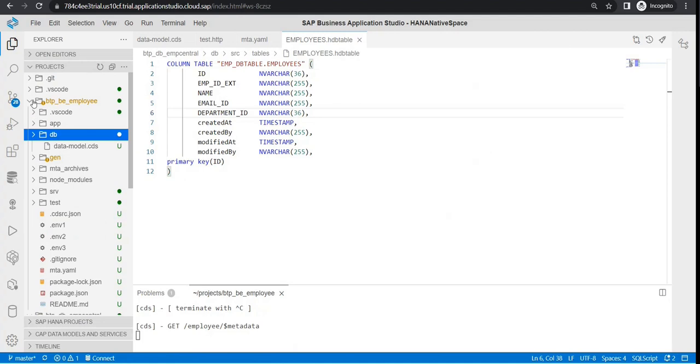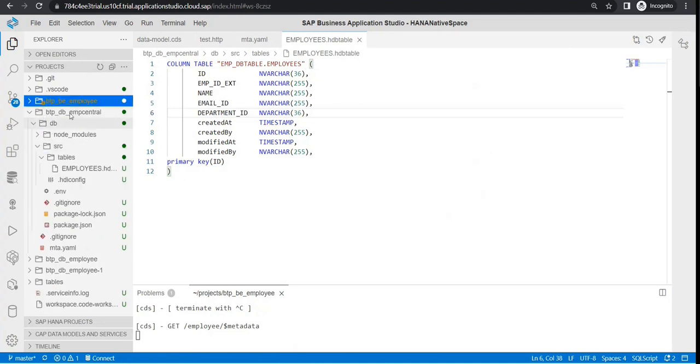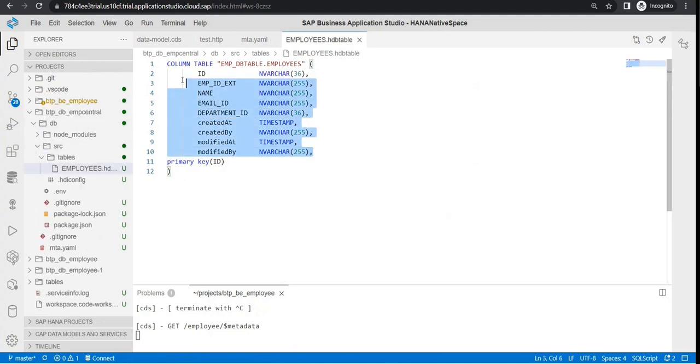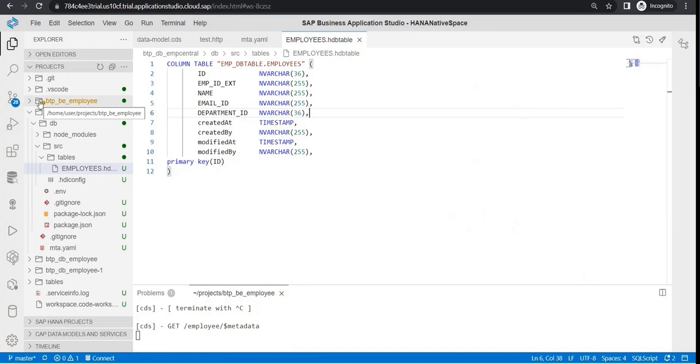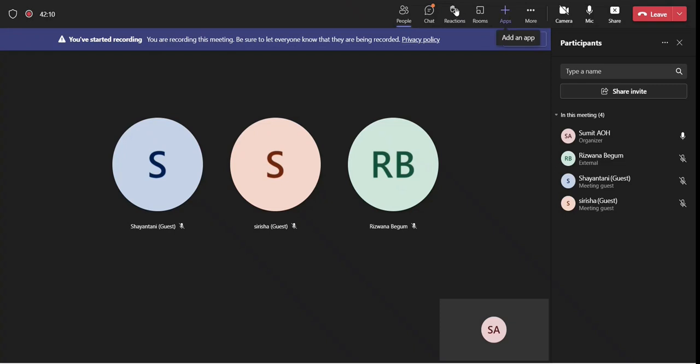This is just a first step in the space of a native HANA that would build our database space. We are already working on our controller space, or I can say our application server space. And we would be generating a UI application as well. So if you think of, we are generating a full